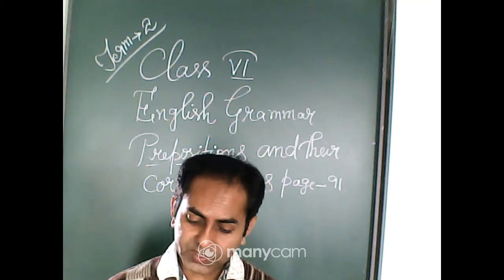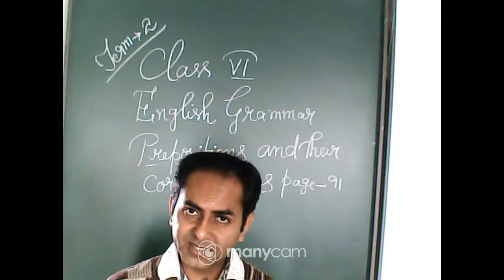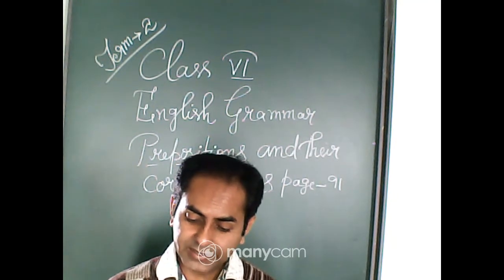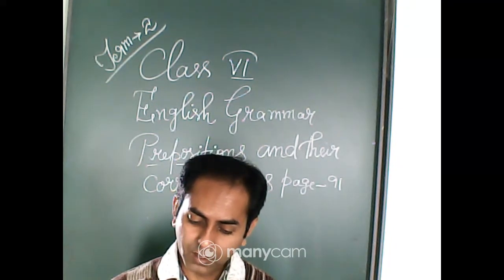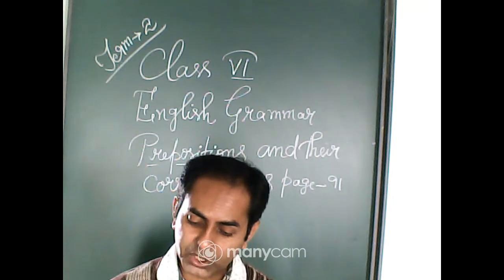At and in are used as prepositions of place. At suggests a point in space, in suggests a region. So kindly underline this one. At suggests a point in space, that means the given space, and in suggests a region, a locality. And the line before it, also underline. At and in are used as prepositions of place, and at suggests a point in space, in suggests a region.